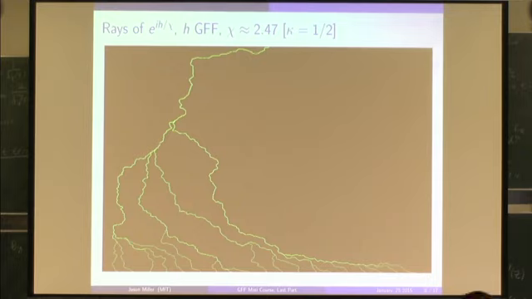And let me point out another interesting thing which happens in this whole theory. So these are Gaussian free field flow lines, and they all have the same angle. All these flow lines have angle pi over 4. And I've started 20 of them from equally spaced points on the bottom of this square. And what you see is that if you follow any two flow lines, then eventually they're going to intersect each other. And once they intersect, they actually merge, and then they travel together all the way up until the